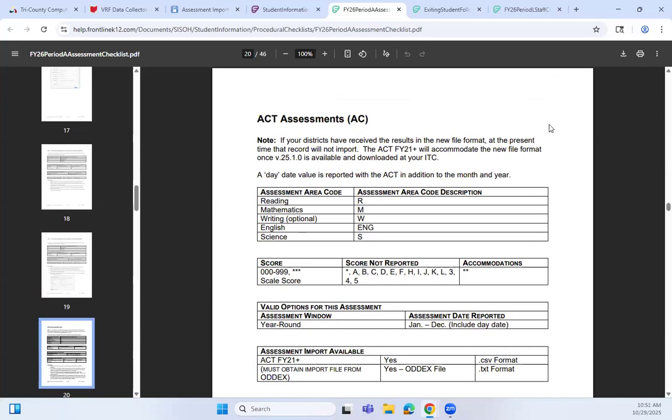Note, your districts have received the result in a new format. At the present time, that record will not import. So it is telling you right now, there's a problem with the import. Just an FYI, there's a problem right now. All prior ACTs will be included in the transfer data. That's just a reminder. ACT, American College Testing Assessment results are available from a download in the ACT